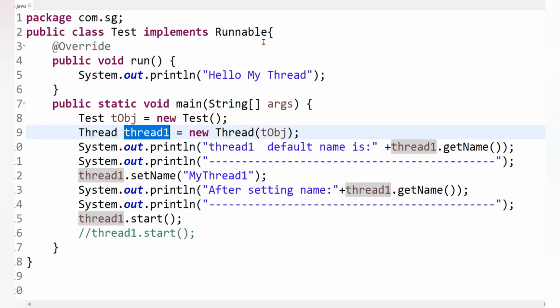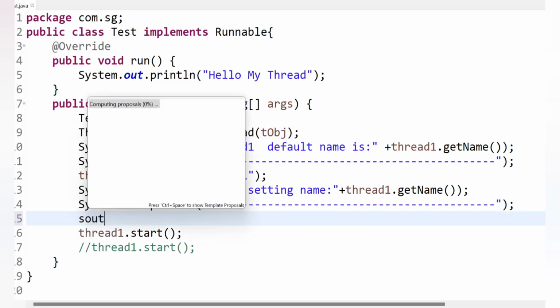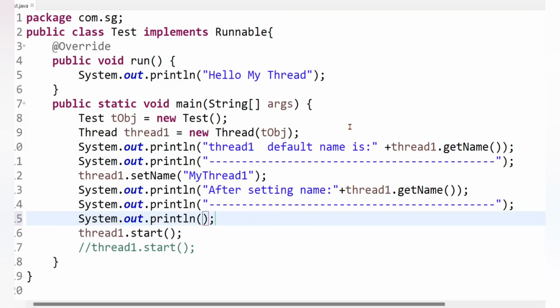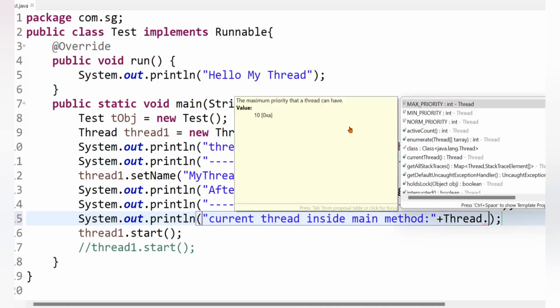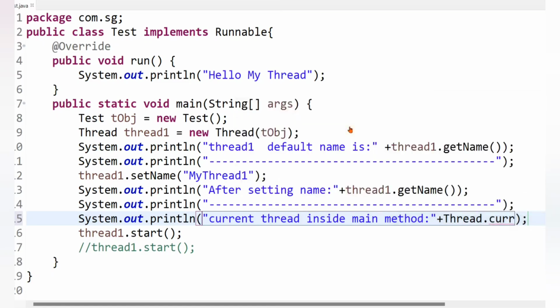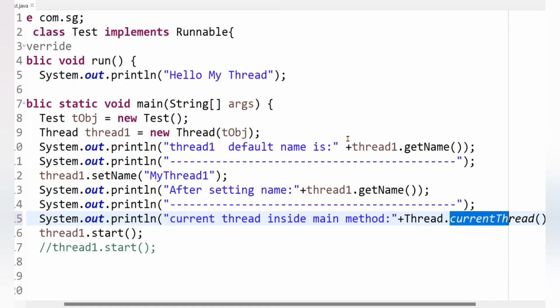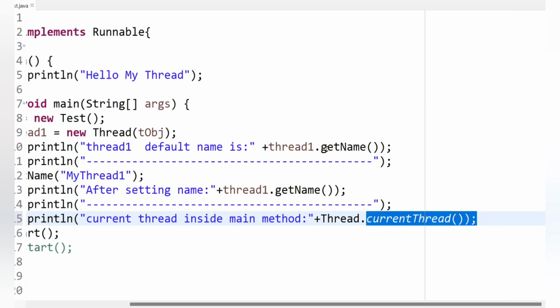Okay. So for that, we can write inside the main method. Here we can write currently executing thread inside main method is Thread.currentThread method. So here the currentThread method is a static method of the Thread class, and that's why we can directly access it using the Thread class name.